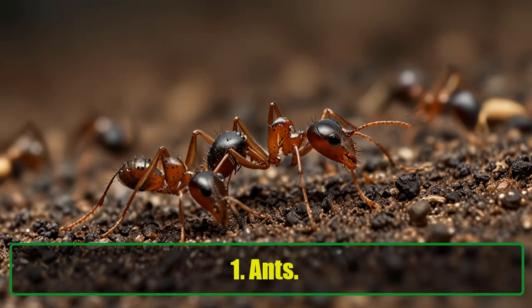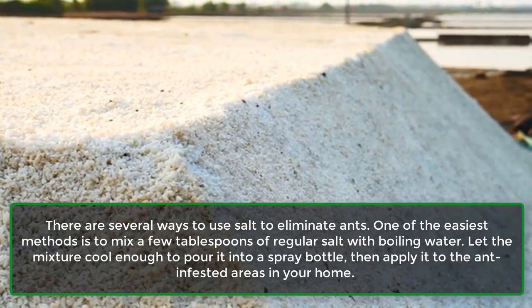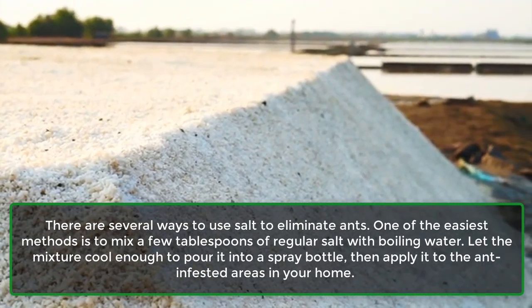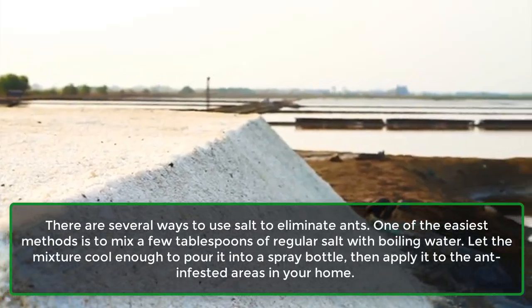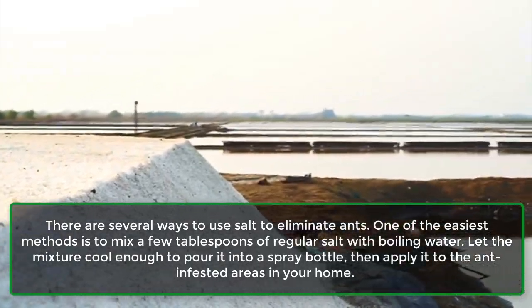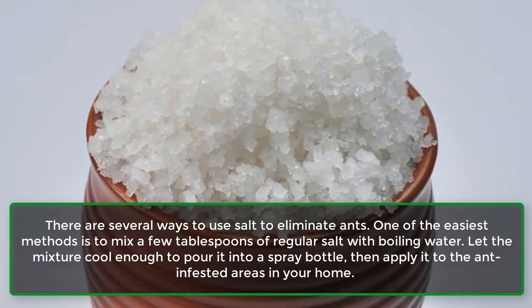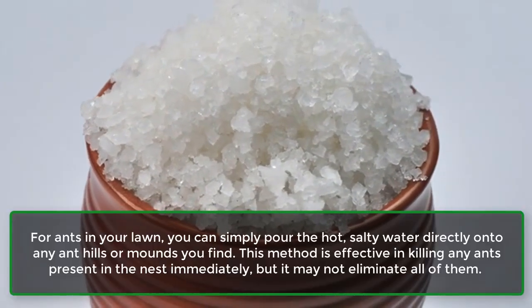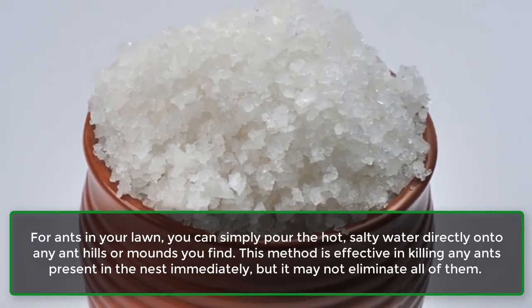1. Ants. There are several ways to use salt to eliminate ants. One of the easiest methods is to mix a few tablespoons of regular salt with boiling water. Let the mixture cool enough to pour it into a spray bottle. Then apply it to the ant-infested areas in your home. For ants in your lawn, you can simply pour the hot, salty water directly onto any ant hills or mounds